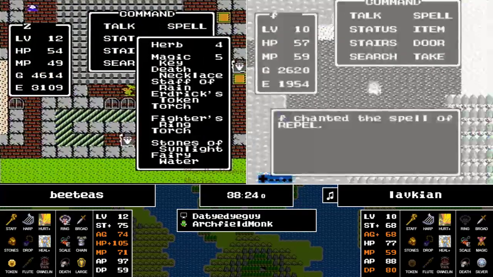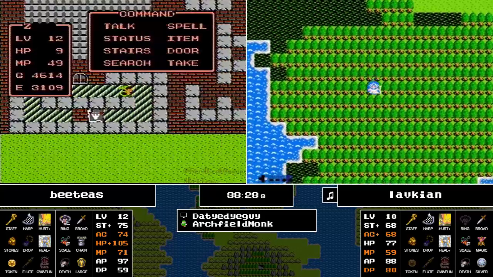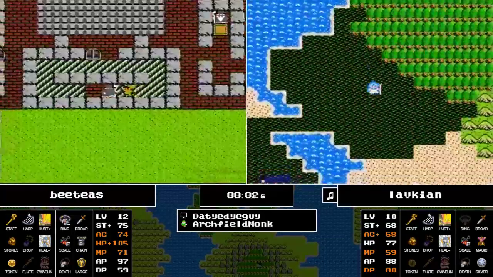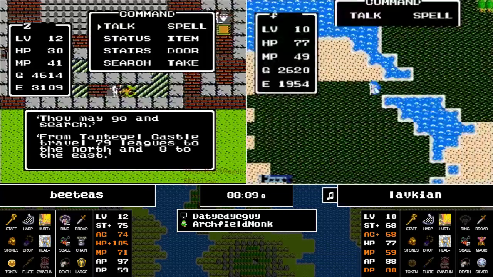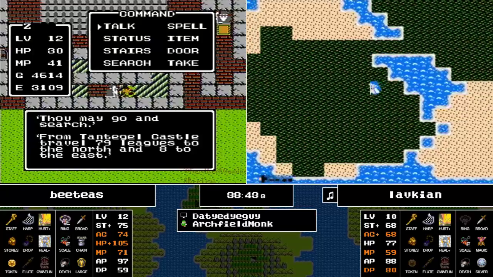And yeah, so as noted in chat by Jake Hoper, Lavkian has the equipment advantage and BT has the experience advantage. We will see how this plays out. We definitely know that not only does Lavkian have the shield, but also the agility in the name, if health is not too much of an issue come the later game. That could be